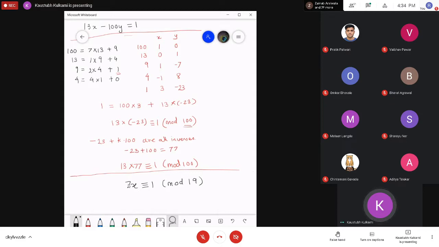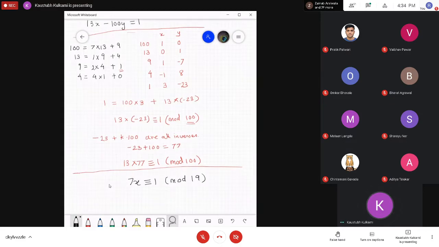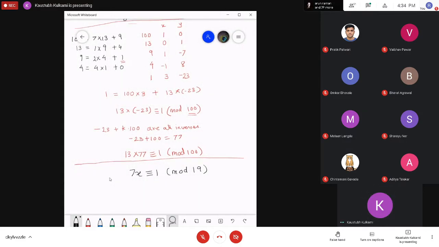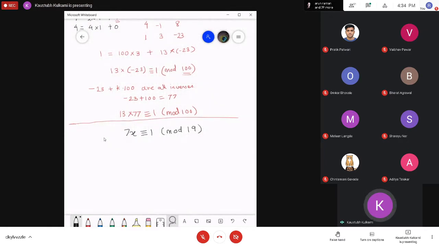Their GCD is 1, which we all know beforehand, but we'll apply the Euclidean algorithm as if we want to find the GCD of 7 and 19. So solve simultaneously and you can verify whatever I'm doing. So 19,